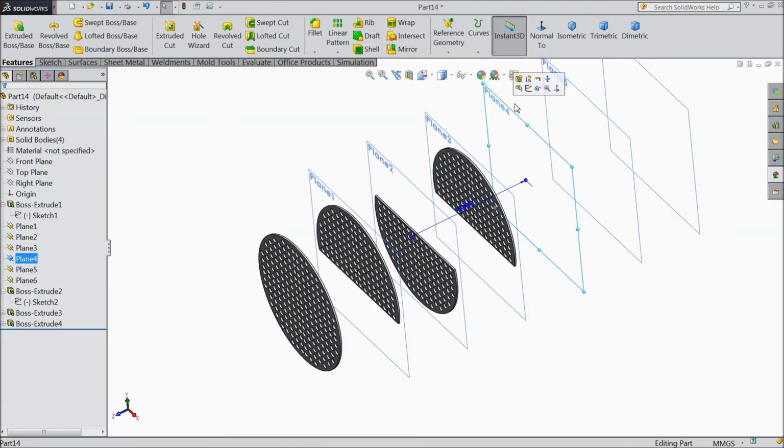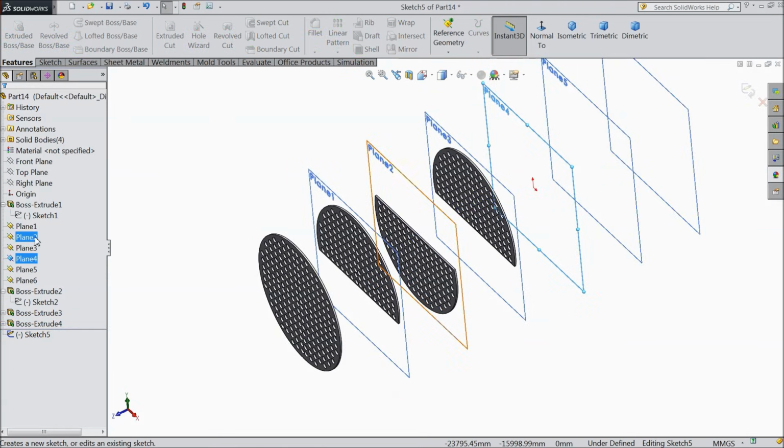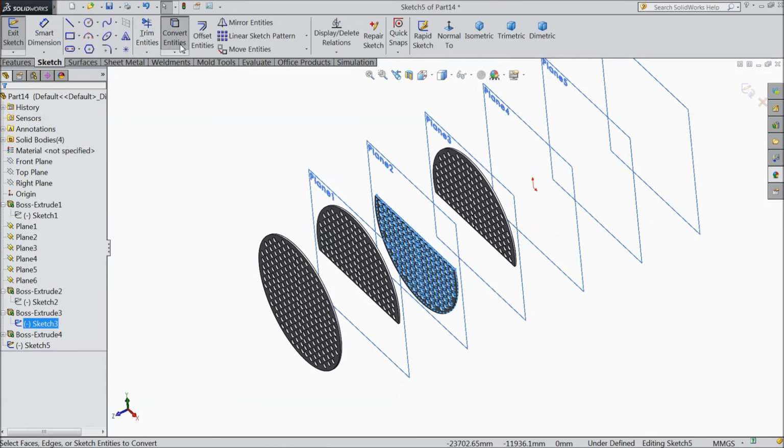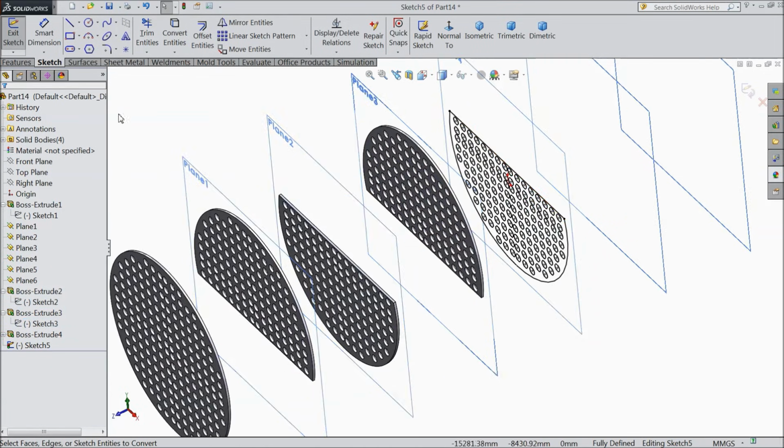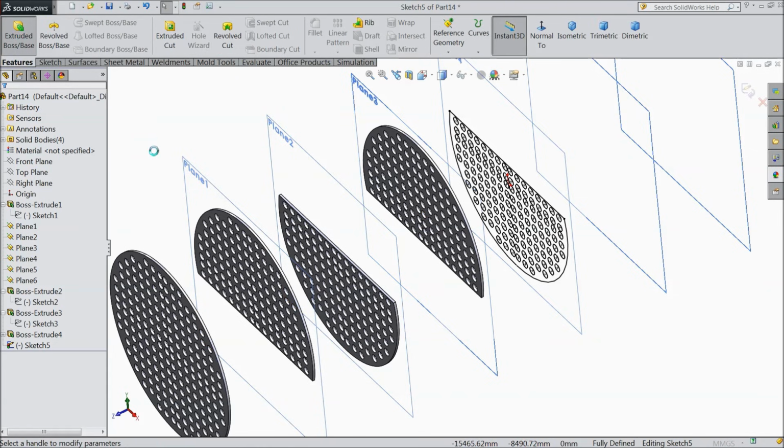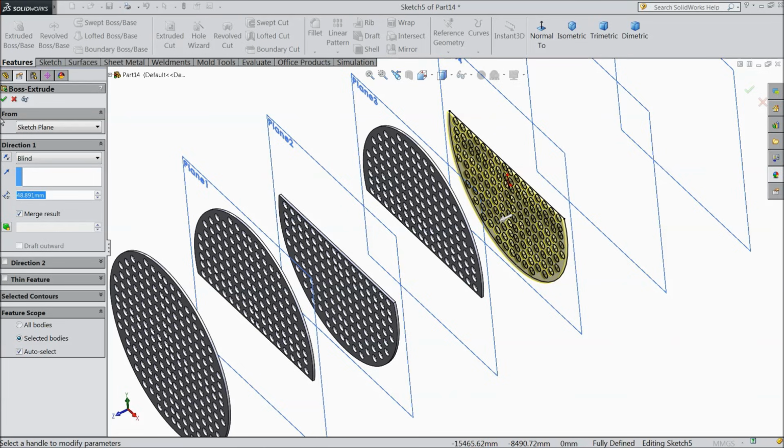Now choose plane 4, sketch. Now for plane 4 we need this downward baffles, convert entities. Now it is converted here also. Extruded boss and extrude up to the same 48.891 mm.